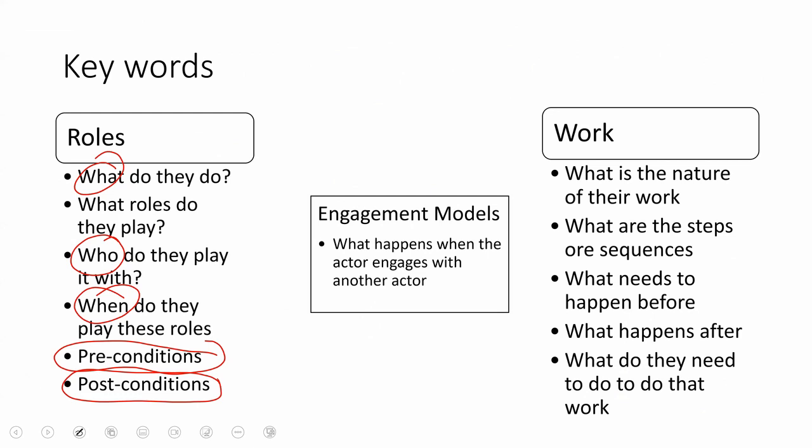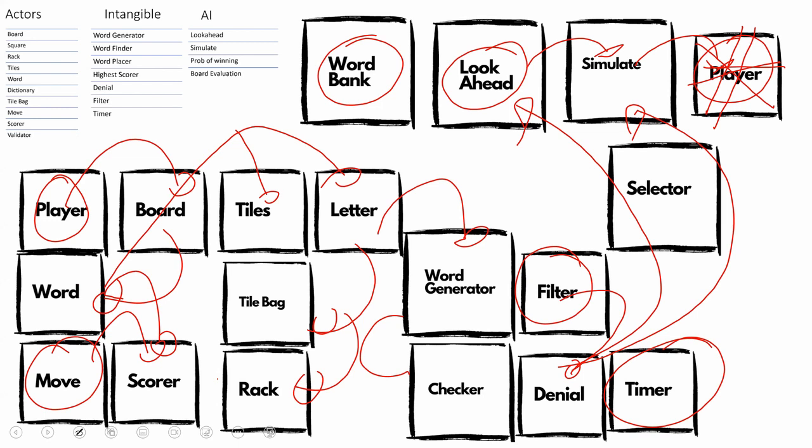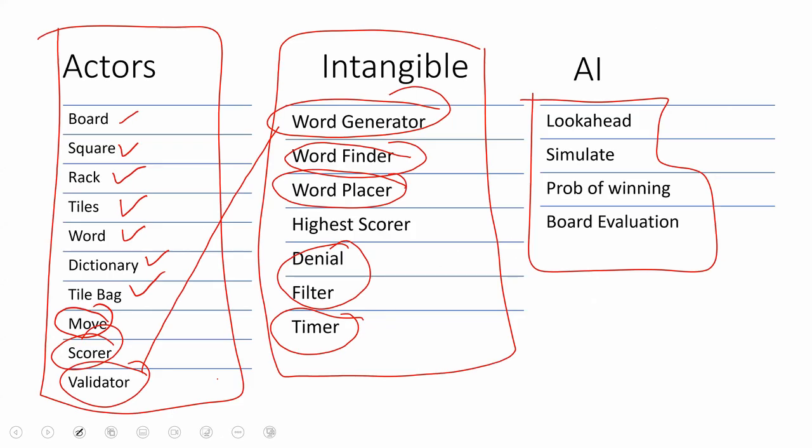Who places the word on the board? जो आपका ऑप्टिमल प्लेसर है, जो वर्ड प्लेसर का कैरेक्टर हमारे पास पीछे मौजूद था. Where is the word placer? Is there a word placer here? There is no word placer here. Was there a word placer here? There's a word placer here, right? ये जो word placer का कैरेक्टर है, this one, this gentleman, right? ये कैरेक्टर बोर्ड पे word place करता है.